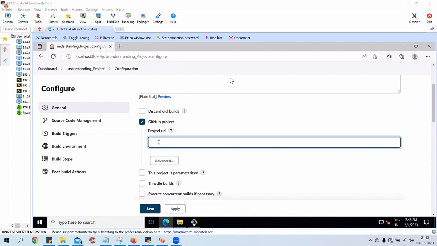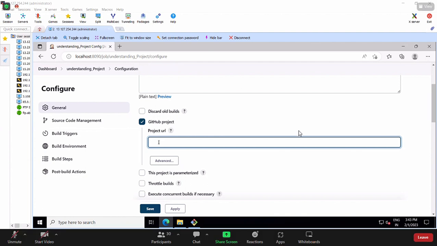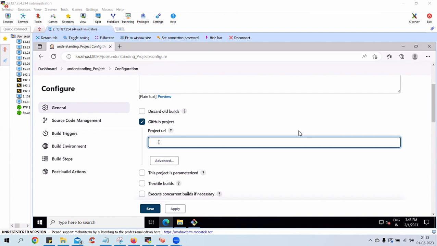Quick. So the question is, I see that it is showing the GitHub project. If I have the project in GitHub, then technically I'll get the link and put it there. That makes sense. Now the question is, what if I have the project sitting in GitLab? Tell me guys, quicker. So the simplest answer